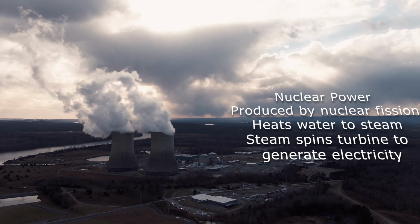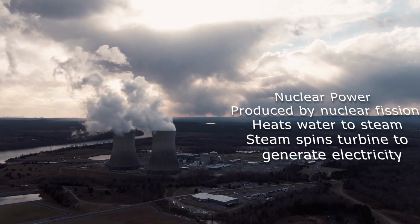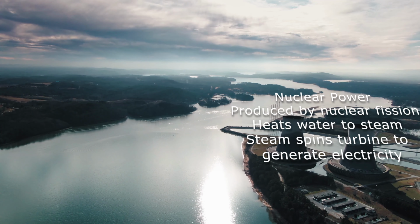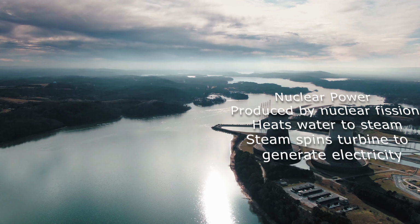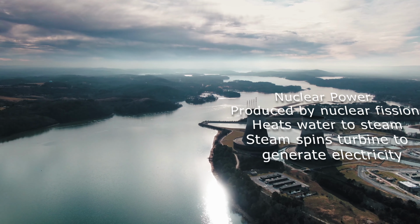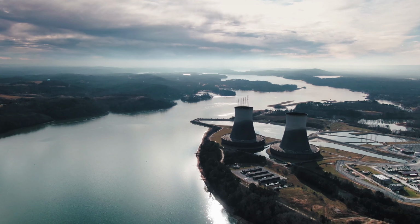Nuclear power generation is a method of producing electricity by harnessing the energy released from nuclear reactions. It's a complex process that involves the use of uranium or plutonium in a nuclear reactor, where the atoms are split in a process known as nuclear fission. This process releases a large amount of heat, which is then used to produce steam that drives a turbine connected to an electricity generator. Among the advantages of nuclear power generation are: